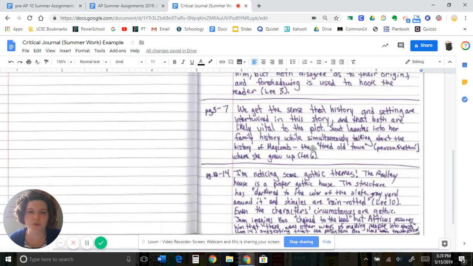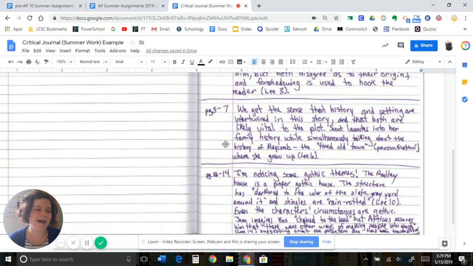Okay, in the second one, I have a much shorter entry, and this is from pages 3 to 7. You can see we get the sense that history and setting are intertwined in this story, and that both are likely vital to the plot. Scout launches into her family history while simultaneously talking about the history of Maycomb, the, quote, tired old town personification,